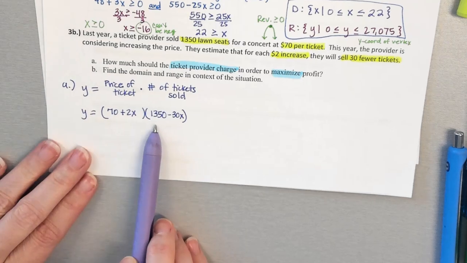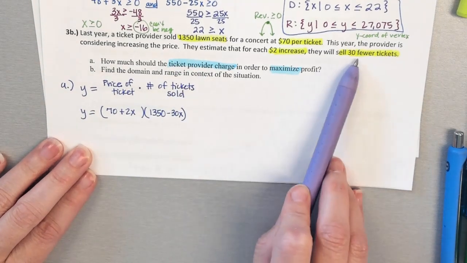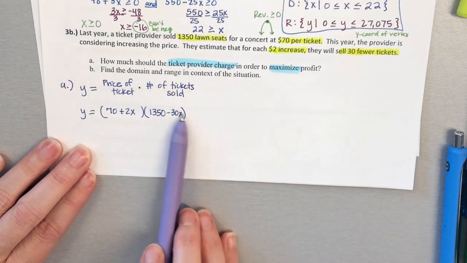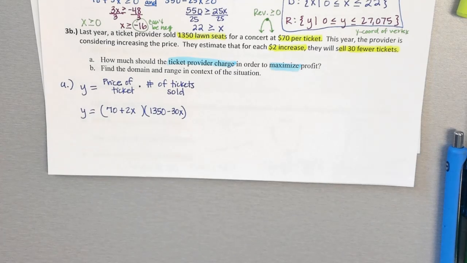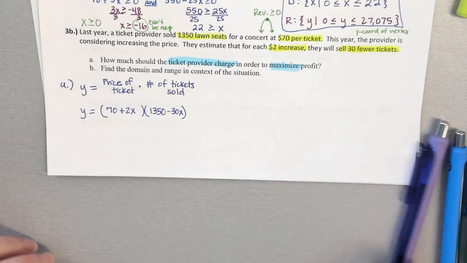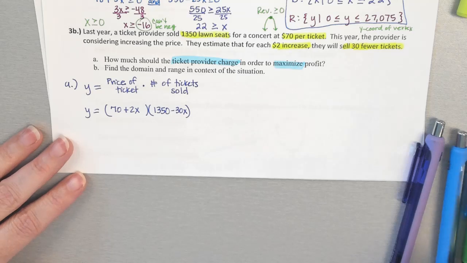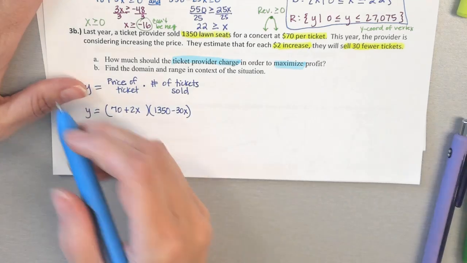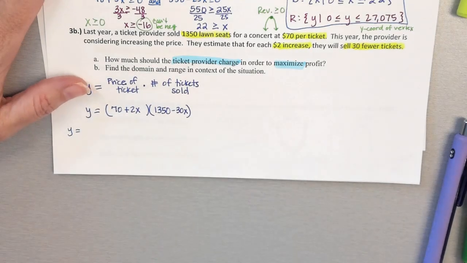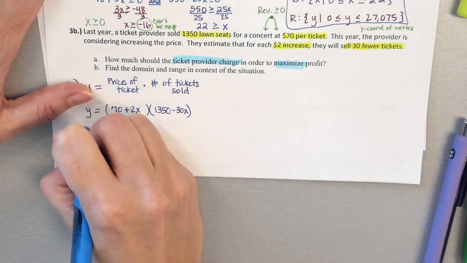And then for this one, you have the 13 lawn seats, and they're going to sell 30 fewer tickets. That's why you have the minus. If there's an increase, you would change it to a plus. All right, and so now we can FOIL. Okay, so 70 times 1350, we should have got